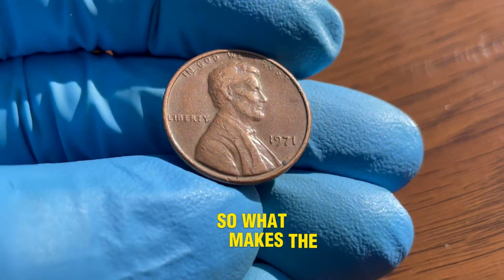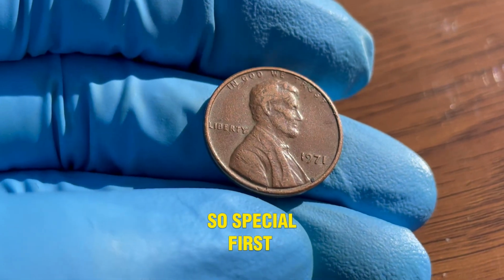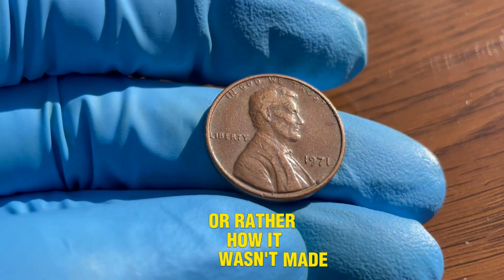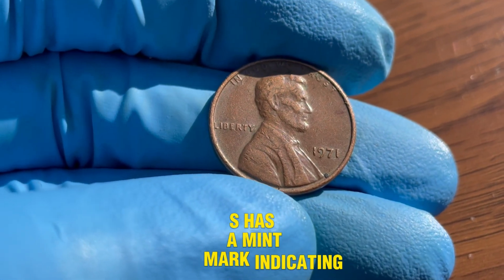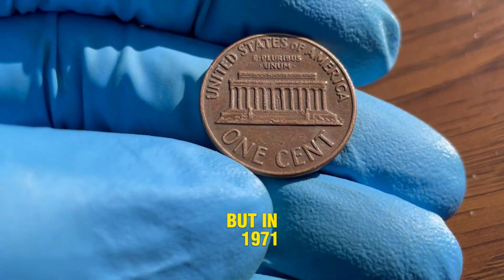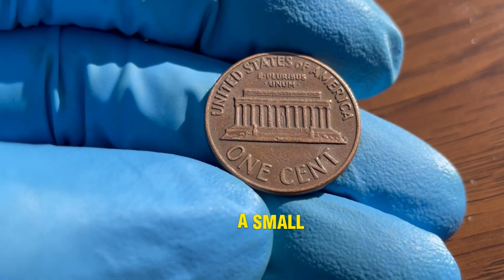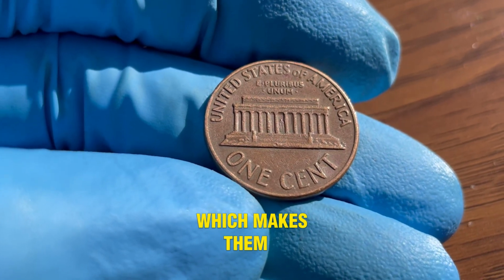So, what makes the 1971 no-mint mark Lincoln penny so special? First, let's talk about how it was made, or rather, how it wasn't made. Normally, every penny minted in the US has a mint mark indicating where it was produced, like the D for Denver or the S for San Francisco. But in 1971, an extremely rare error occurred. A small batch of pennies was struck without any mint mark at all, which makes them stand out from the